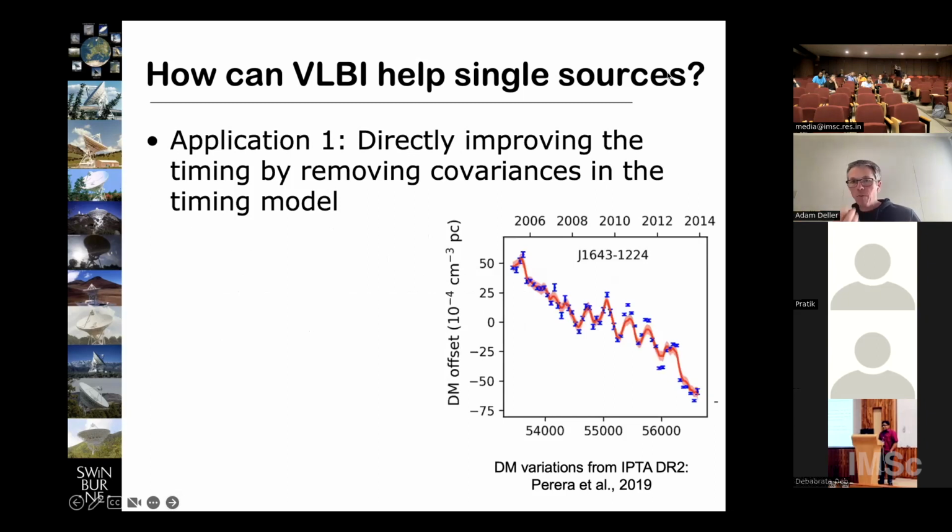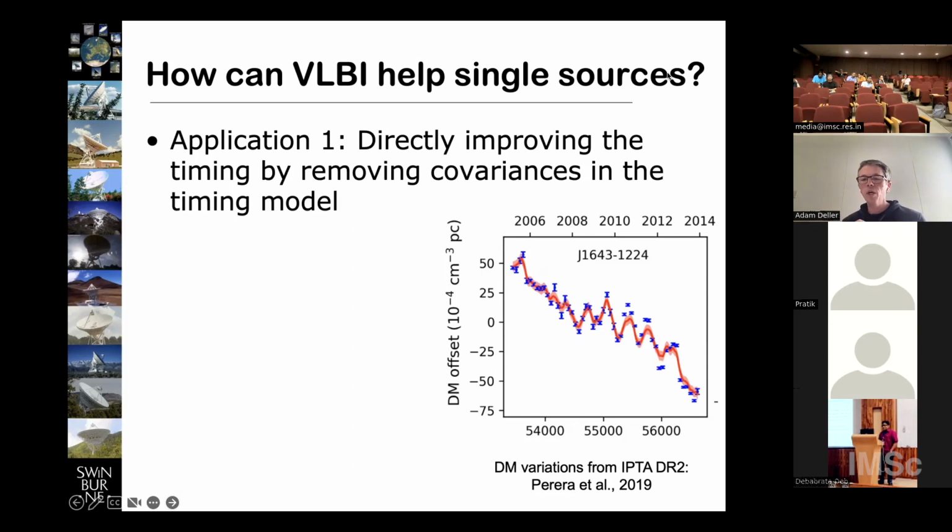So the first one is removing covariances in the timing model. And so basically the things we get from VLBI are the proper motion and the parallax, really, and to a lesser degree the reference position, although we'll talk a little bit later about how that's a bit more challenging. But if it's possible to measure the proper motion or the parallax to much higher precision and accuracy with VLBI than it is with pulsar timing, then you can go and fix it in the timing model, and then anything else that was covariant with one of those two parameters will no longer potentially end up with the wrong value. And so the most common use case here is the covariance between dispersion measure variations and parallax.